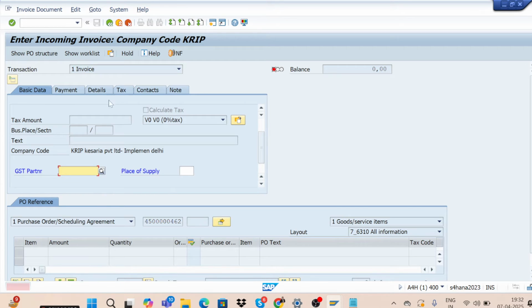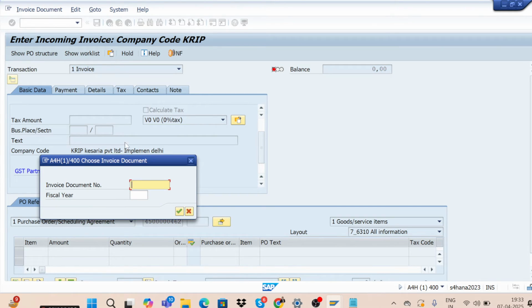Go to tax, because the invoice number comes from the supplier. You may never have a number unless you have an invoice in hand in front of you. No, this is configured by some FICO consultant. I don't know why they have done it for our company code, but it's done by some FICO consultant. But earlier that was done, right? I removed that and then it was done. No master record exists for GST partner. Okay. Hit enter, hit enter, hit enter.